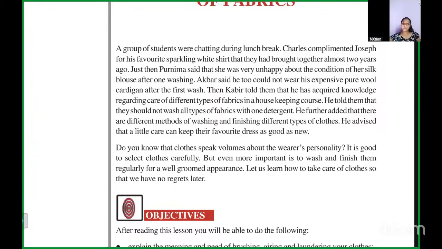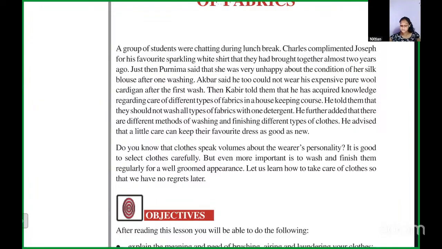Also about storing the clothes, a lot of our delicate clothes we store in clothing bags. If you've seen, you do that at your home too, some of the expensive clothes that are seasonal or that are for special occasions, we store them in clothing bags and separately. So that is all about care and maintenance of fabrics.